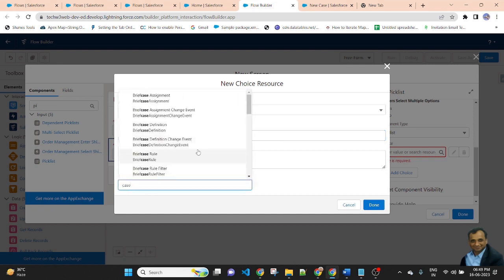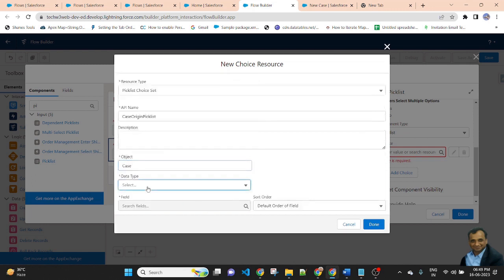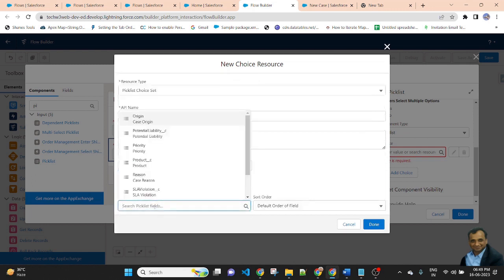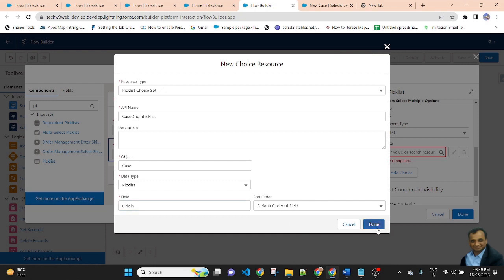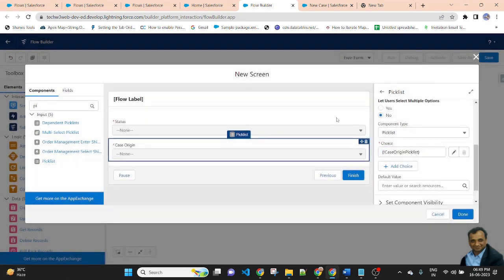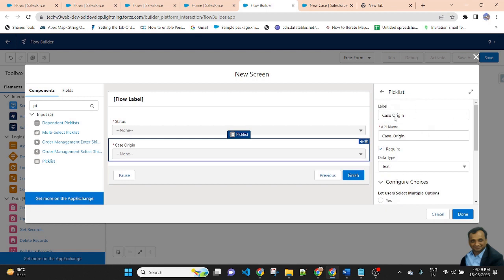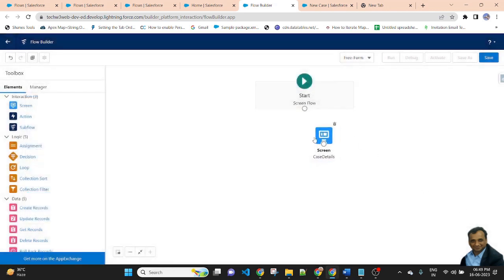Object will be case, data type picklist, and field API name will be case origin. Then done. So I created two components, status and case origin. Then done. So friends, I created a screen.